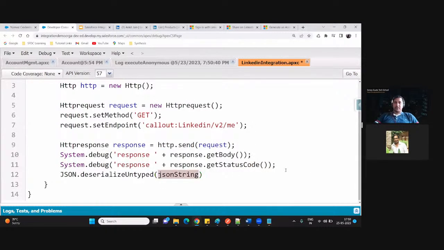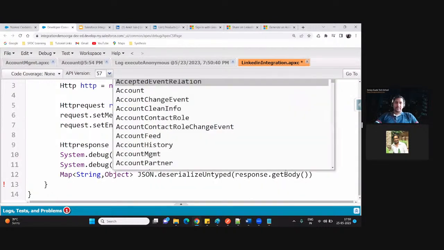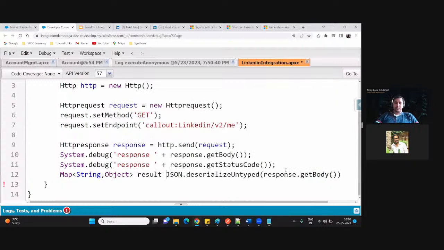What it requires as input is the response.getBody. And what will this method return? It will return a map. So let me handle this in the form of a Map of String to Object, and let me put here result is equal to, again, I am typecasting this.